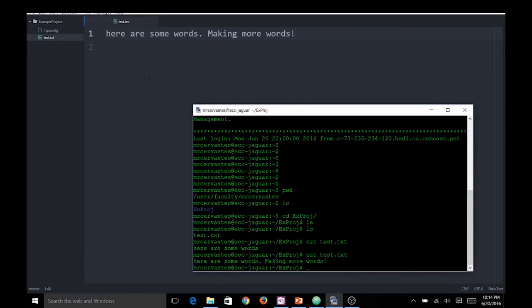So as you can see, every time I save it, it's just automatically pushing the file straight up to my remote server and just putting the information directly there. So I'm not having to do any kind of transferring. Atom is basically doing that work for me. So Atom is basically taking care of